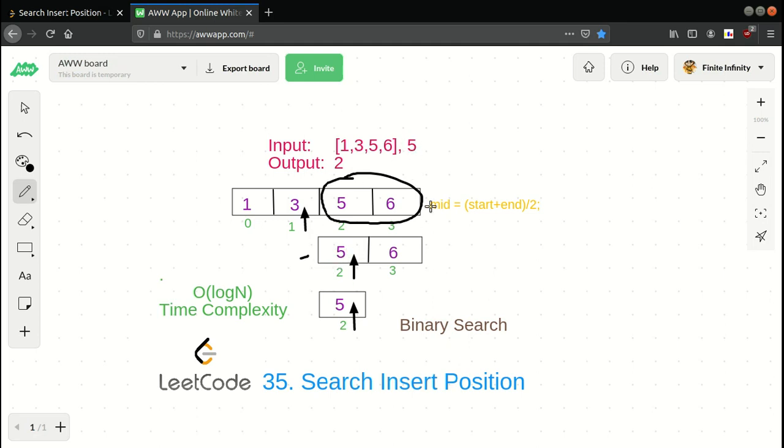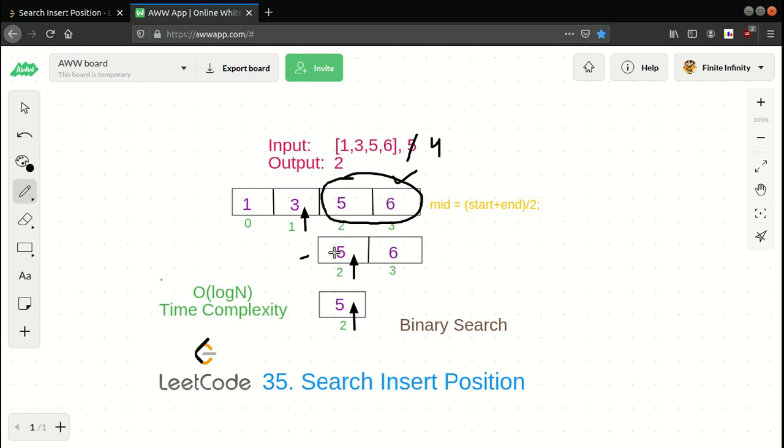Okay, and suppose instead of 5 we have to find the position for 4. First our mid will be 1, and as 4 is greater than 3, we'll check the right half of the array.